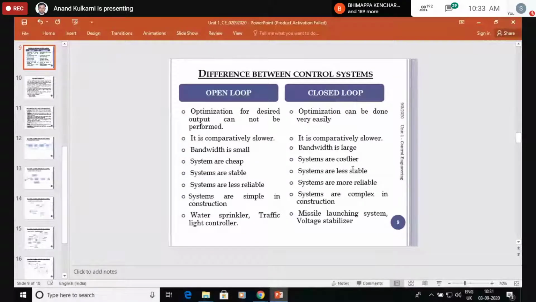You might have seen some fully automatic front loading or top loading washing machines. What you have to do is put the clothes in, press one button, and it will do everything. Only your job is to add the detergent, or if you want to add a softener or an optical brightener like Neel, that you add. Other than that, you don't do anything. So how is it done?